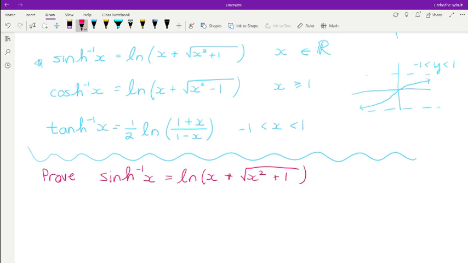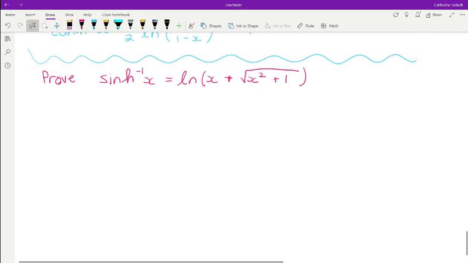All right, so how are we going to do it? Well, let's go back to our inverse hyperbolic sine function, and we'll say it's equal to y. Okay, so if this is the case,